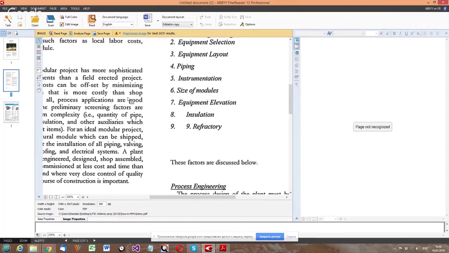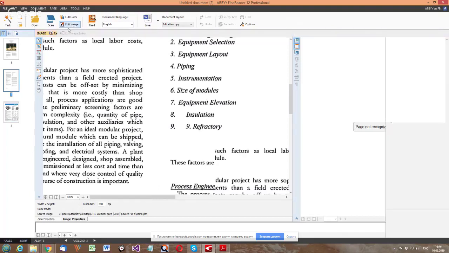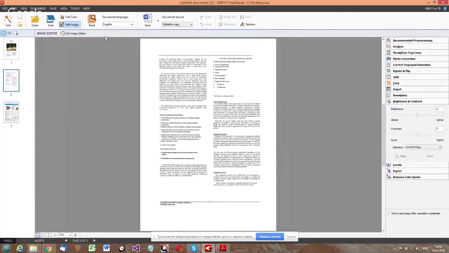Actually, here I need to make sure that the image quality is okay for recognition. And if I think that the image quality is not sufficient, I can click Edit Image, and this has to be done for each individual page. And then I apply certain effects.